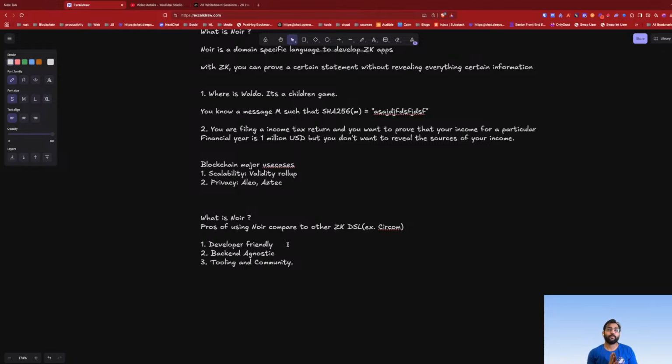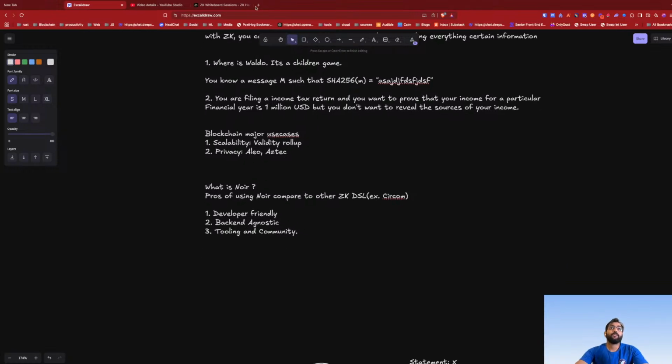The response time is very fast, and the broader community members are very supportive. If you run into some problem, or want to team up for some project, the vibe is amazing. So these three things made me decide that I want to stick to Noir rather than some other ZK tool as well.